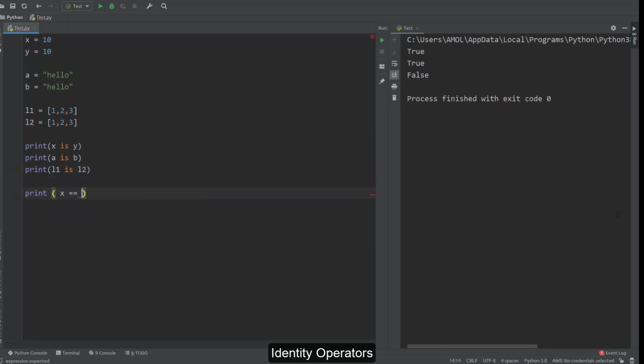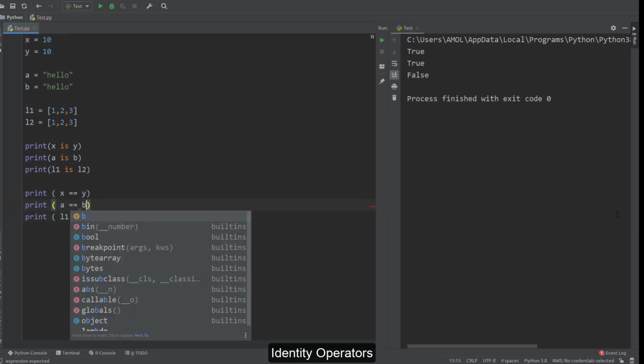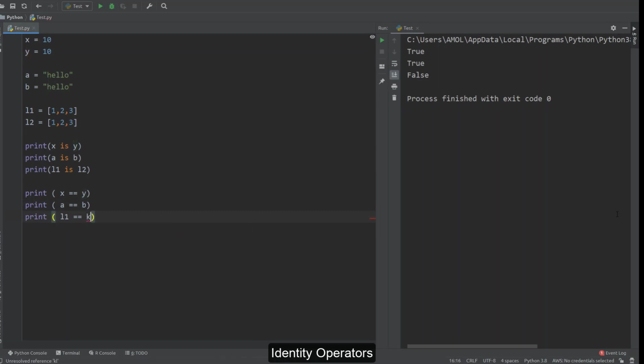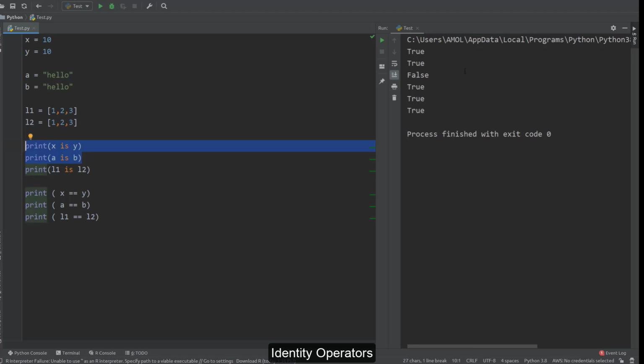Now I'll do another thing. I will print the same expressions by using the relational operator here. And now check the output. In case of the relational equal to operator, in all three cases you get true as the output. But in case of the is operator, for this expression you get false. For both other expressions you get true.